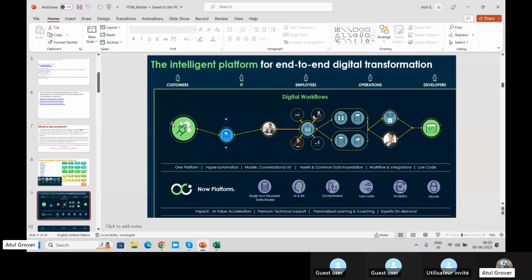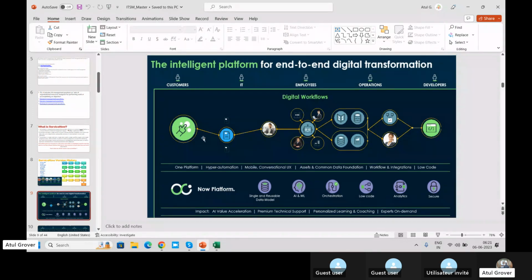If you want to know the list of ServiceNow customers and domains, in which domains they're providing services to their customers, go to the ServiceNow website and search. There are a lot of customers ServiceNow is serving. I guess, if I'm not wrong, it's 1500 plus customers across different domains. When I say domains, I mean retail, banking, insurance, telecom, health, pharmaceutical, space, aerospace, and so on. They're providing their services. So this is what they call an intelligent platform.